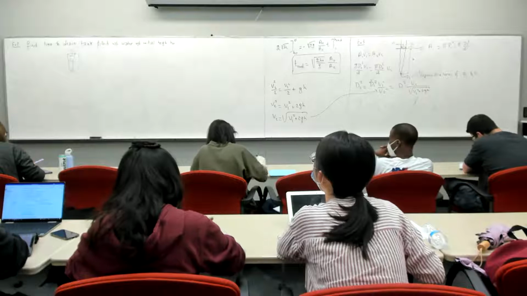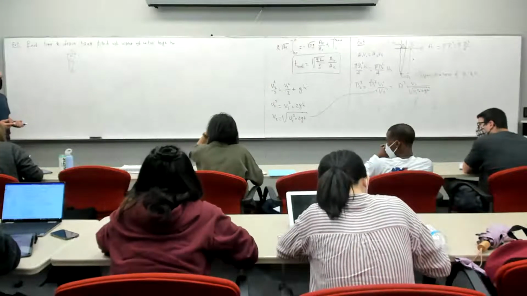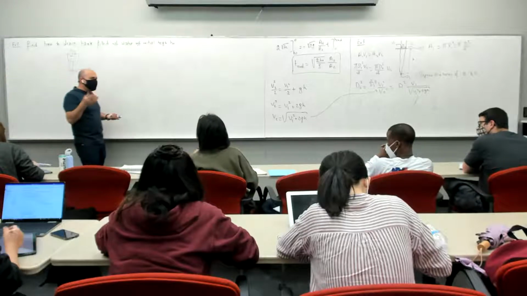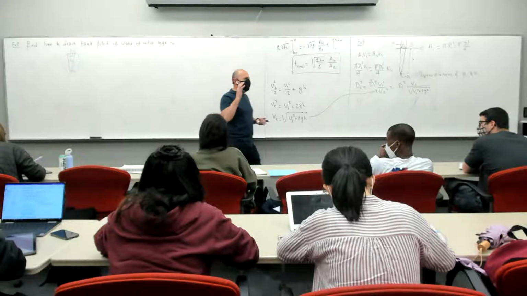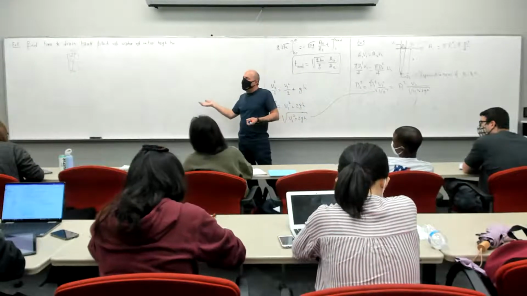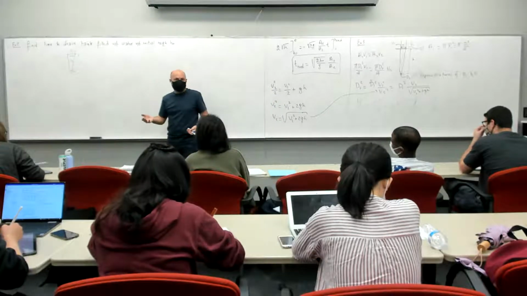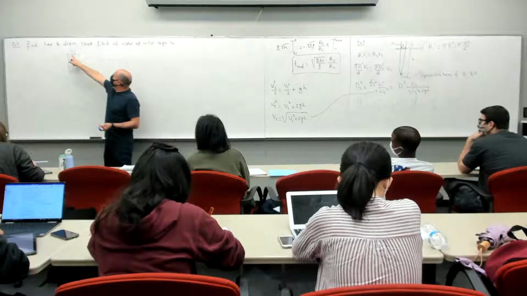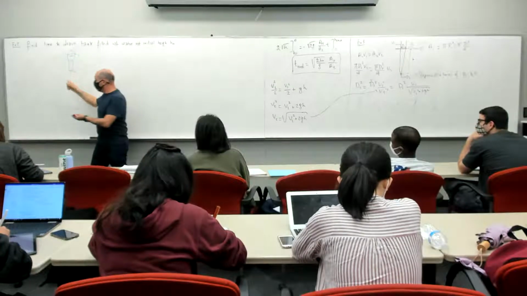The question is find v2. So let's work this through together. Like I said, when there's no area or diameter involved, you probably only need momentum. You can write mass conservation, but it's not going to give you anything related to the velocity. It just tells you that A1 V1 is A2 V2. So really, to find V2,